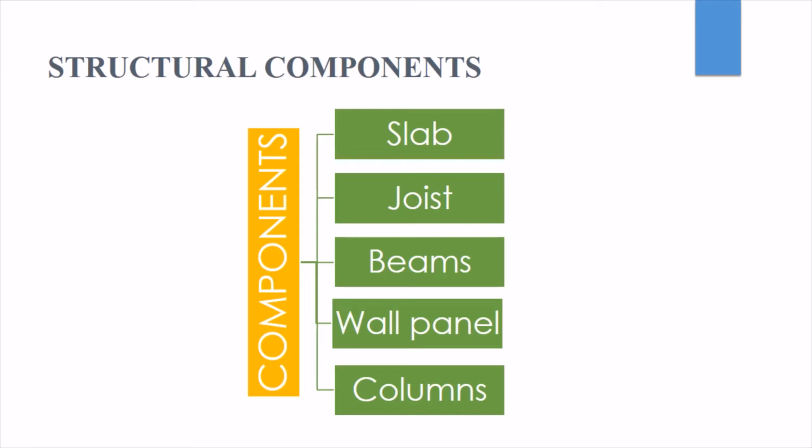So what is meant by joist? These are secondary beams, which transmit the load to the main beam. It gets the load from the planks. We will discuss these things briefly in the next slide. Okay, so next is beams. Normally we know main beam and secondary beam. The same thing we are going to discuss here.